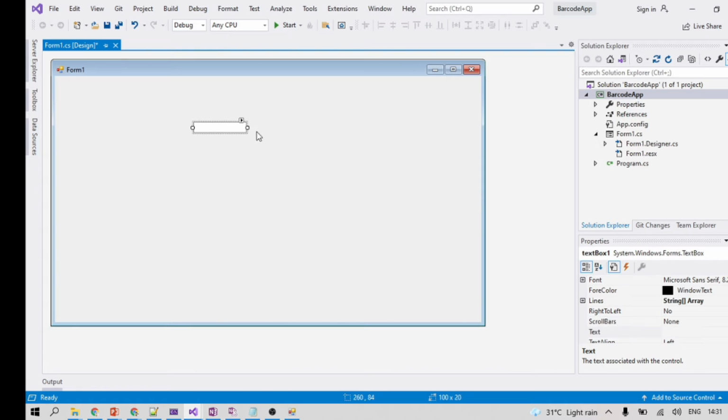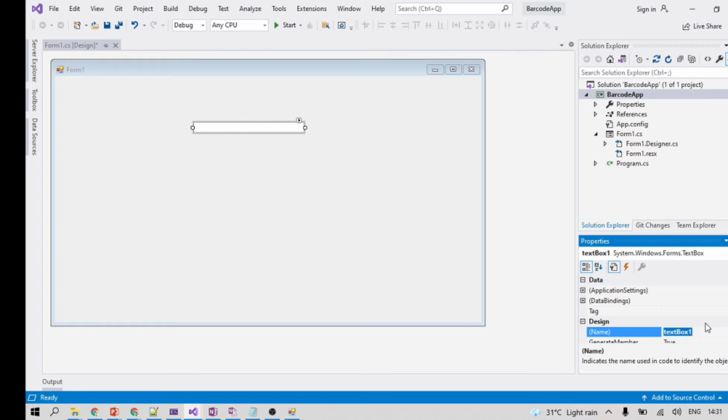I'm giving the name input to this text box. This is the input text box.